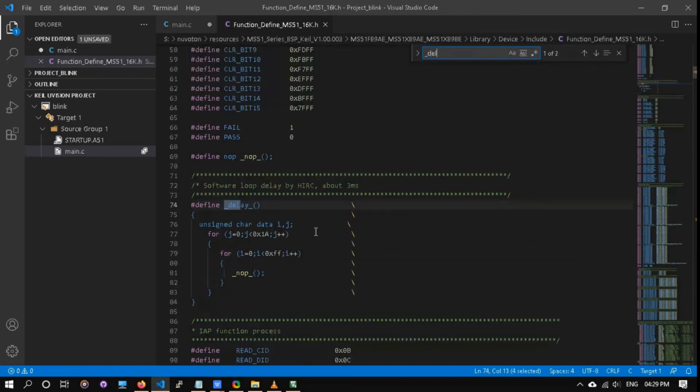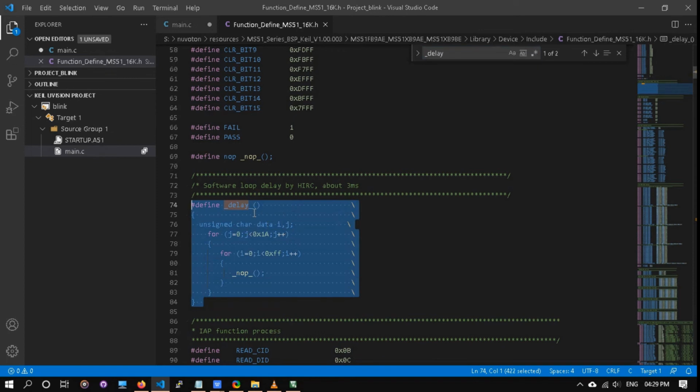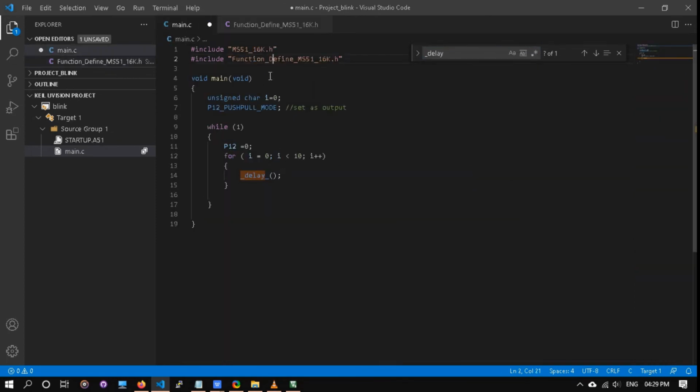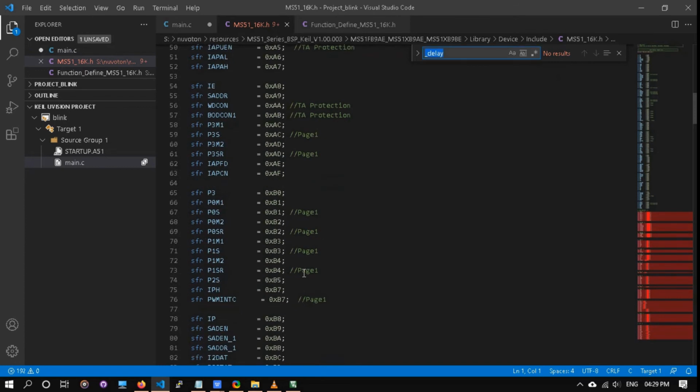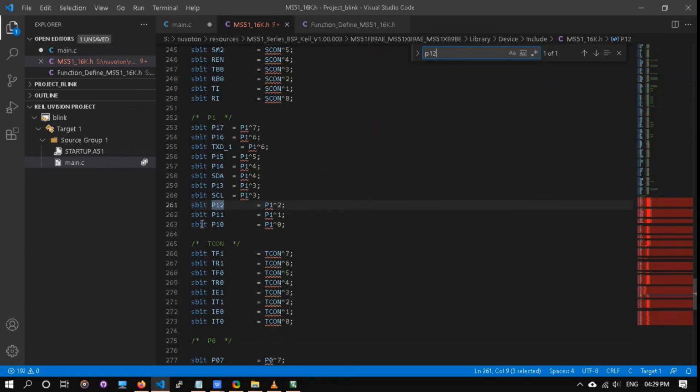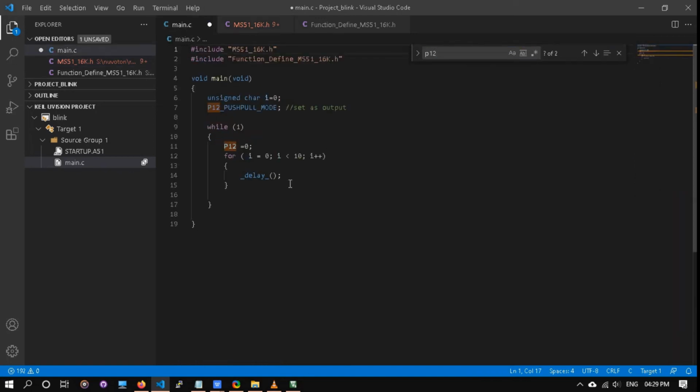This is a simple for loop software delay, and we can see the pin definitions here, pin 1 2. Just copy paste and toggle the pin.